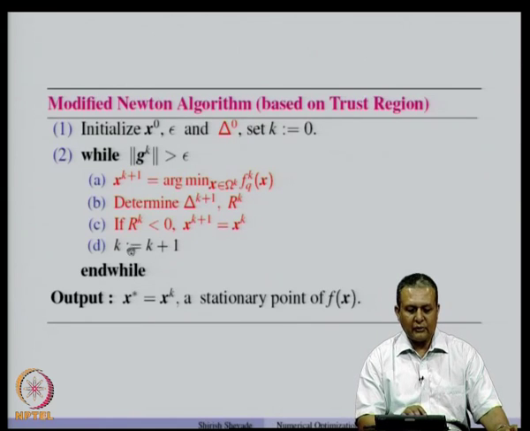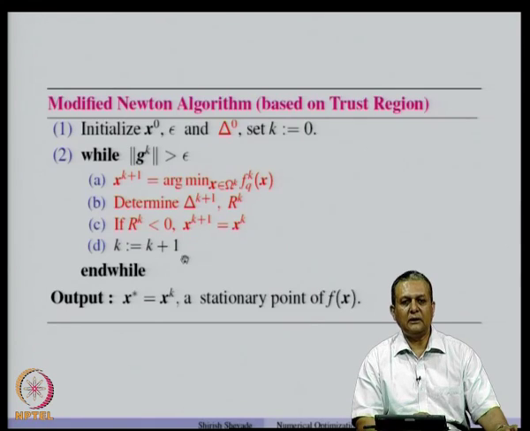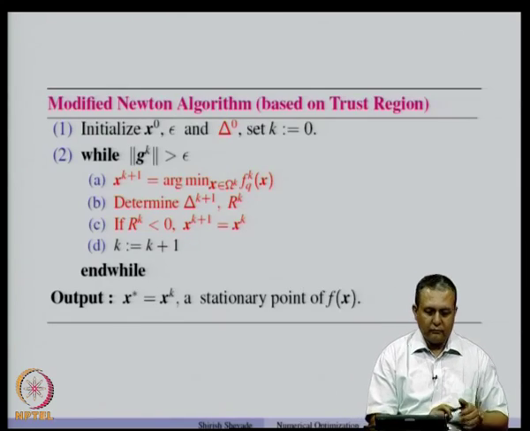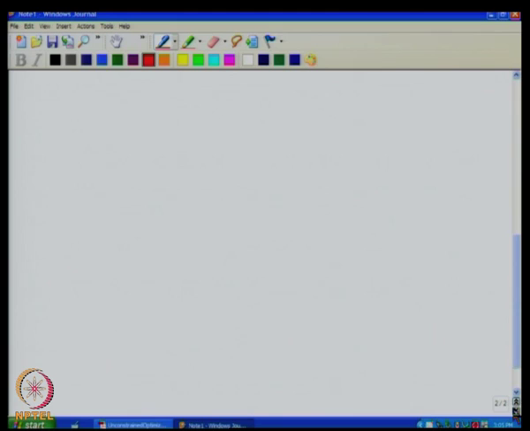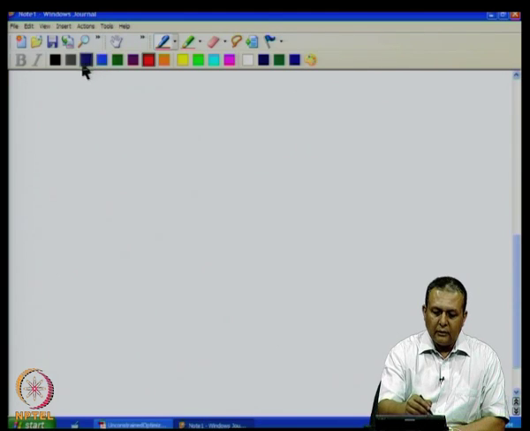And then the rest of the procedure is x k equal to k plus 1, the iteration counter is increased, and the process is repeated till norm of g k is less than or equal to epsilon. And as output, what we get is a stationary point. So, in other words,